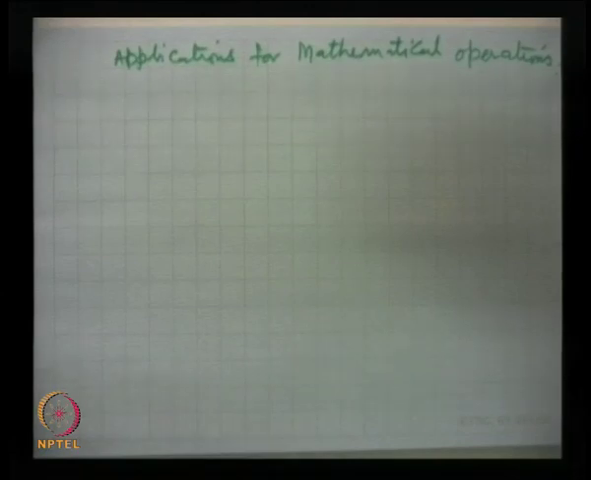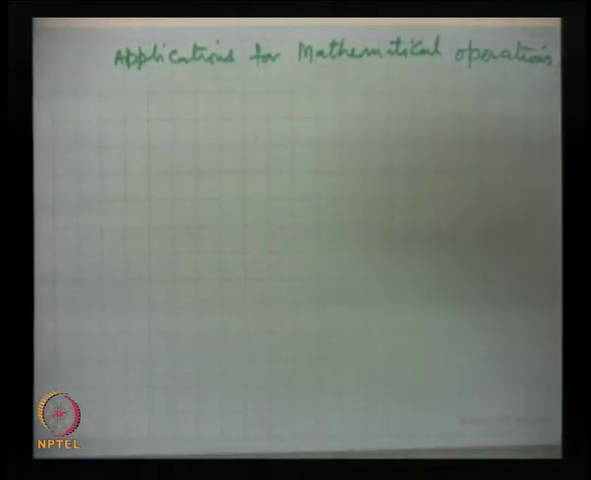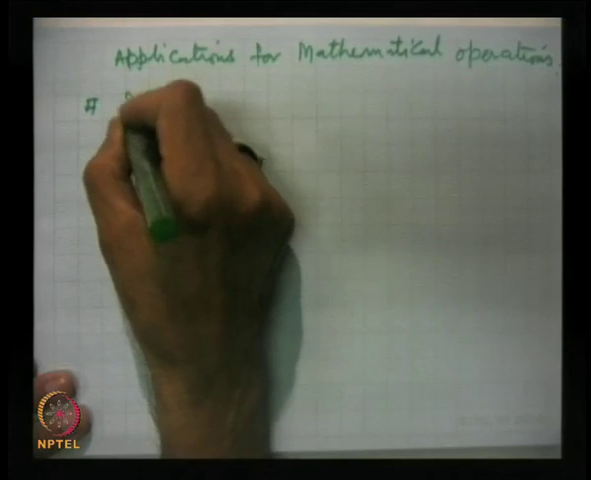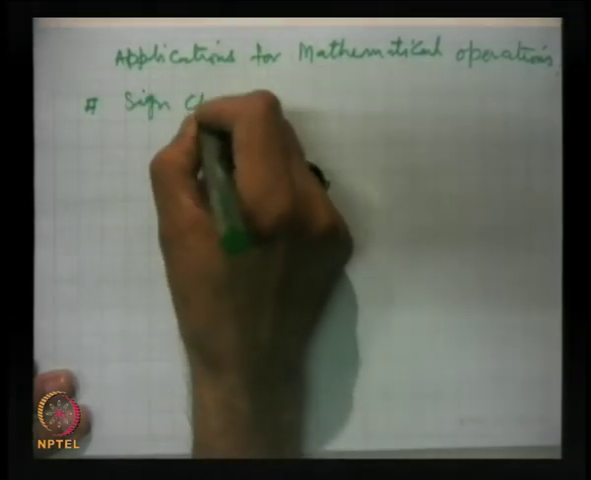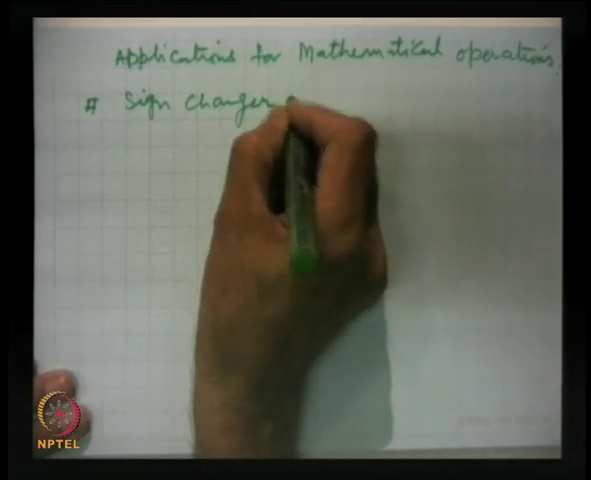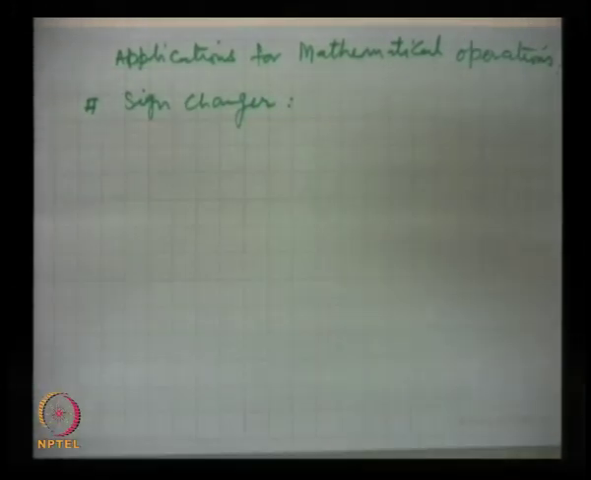We will take a good number of mathematical operations and the circuits for them, that how we can realize those operations, how those operations can be obtained electronically. Let us start with the simplest case, the sign changer. Sign changer, that means electronics understand the quantities in the form of voltage. So if we can change the sign of voltage, then that is the sign changer,